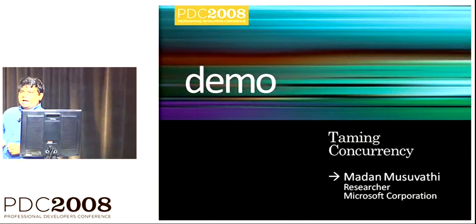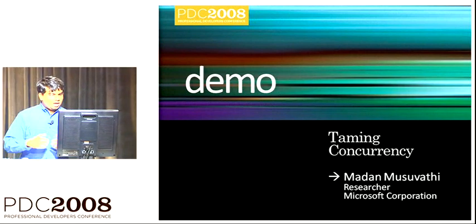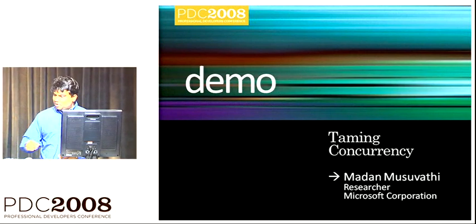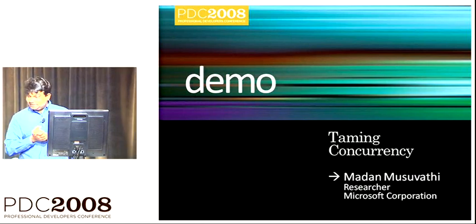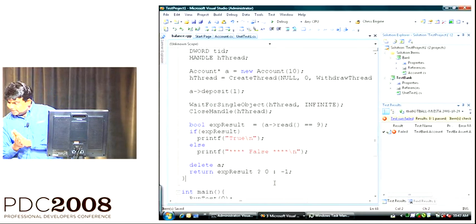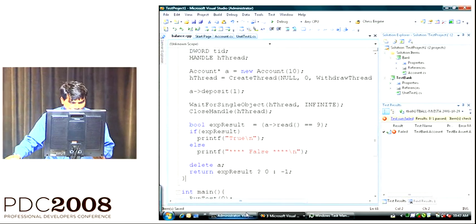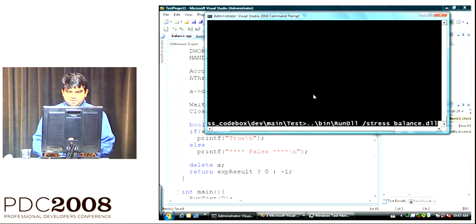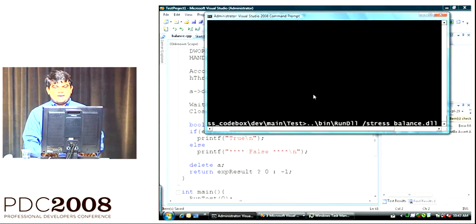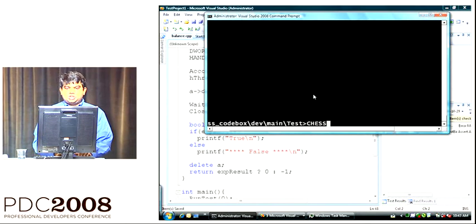Okay, so now let's see CAP and CHESS working on this demo. So believe me, now we'll find the bug. Remember that previously I was running stress on this balance.dll and didn't find the bug. Now I'm going to run CHESS,